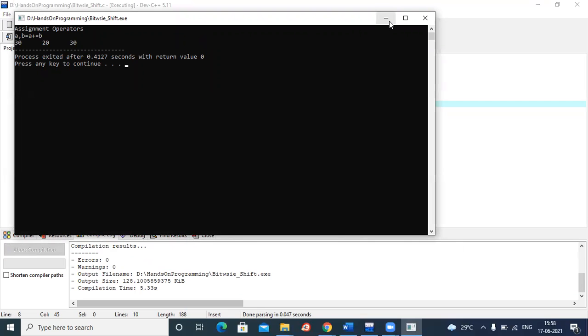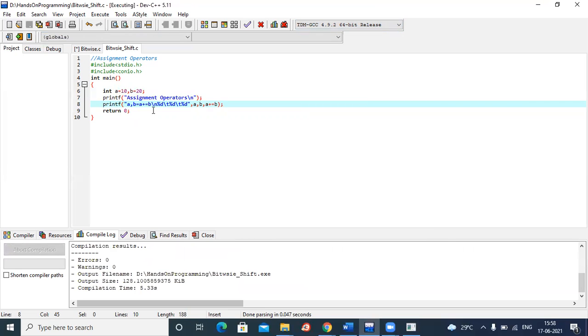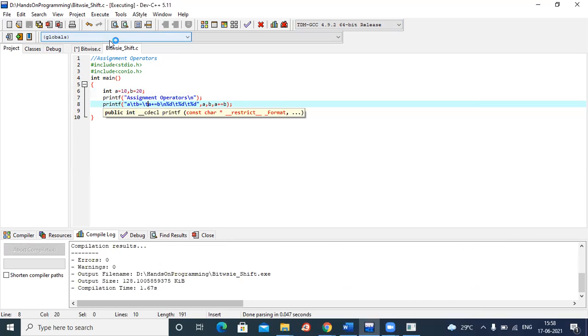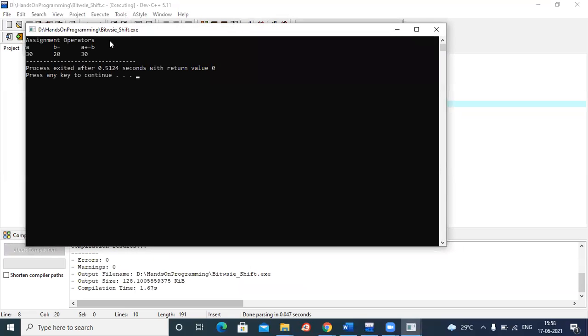Just a minute. Here I need to give some spacing because it is coming exactly. So if we are compiling and running, now you see what was the value of a.